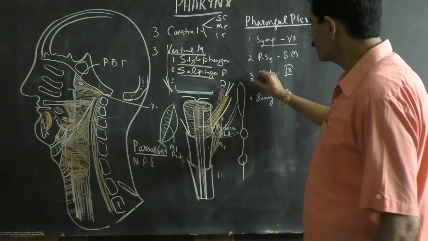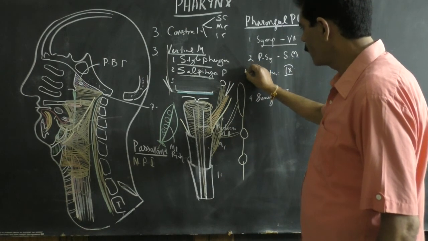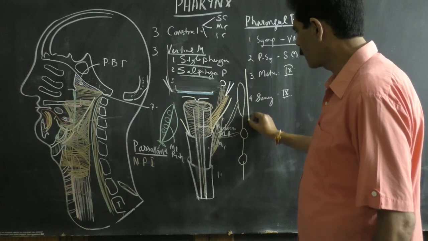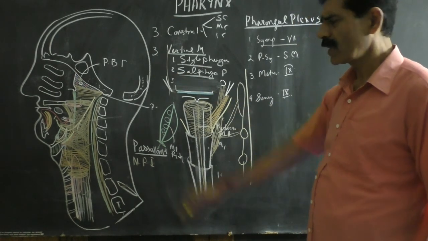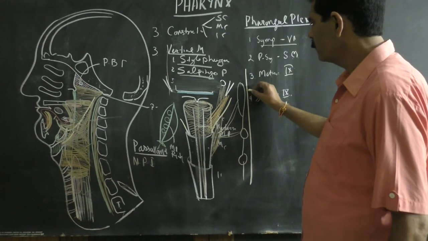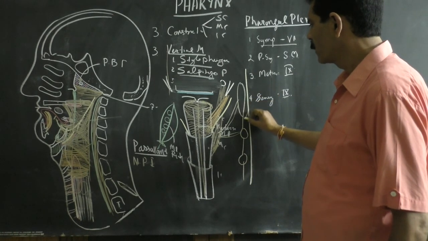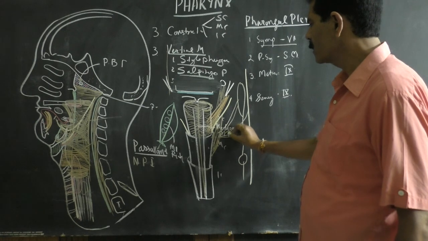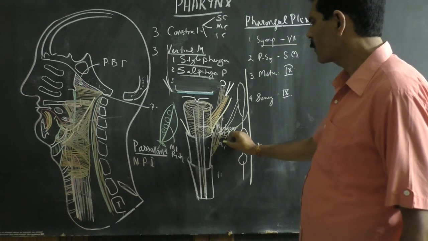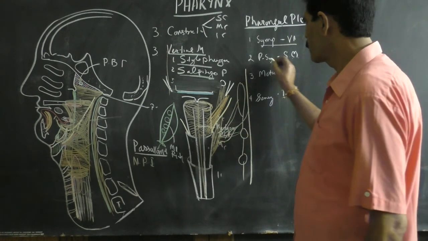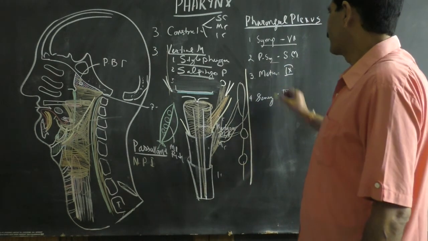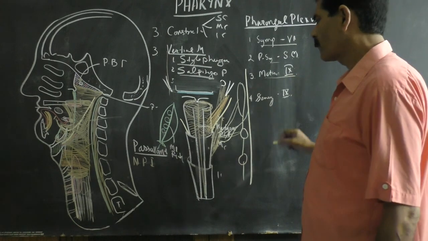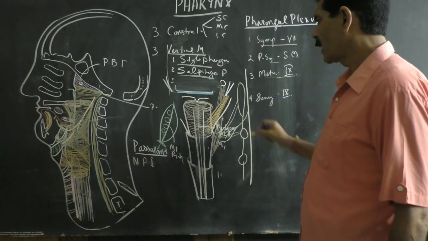The parasympathetic nerve supply comes from the vagus nerve. As you know, the vagus nerve lies in the carotid sheath, running parallel to the lateral part of the pharynx. So the vagus nerve will give pharyngeal branches which contribute in the formation of the pharyngeal plexus. So the vagus nerve gives the parasympathetic root. Then the ninth nerve, the glossopharyngeal, as it is accompanied